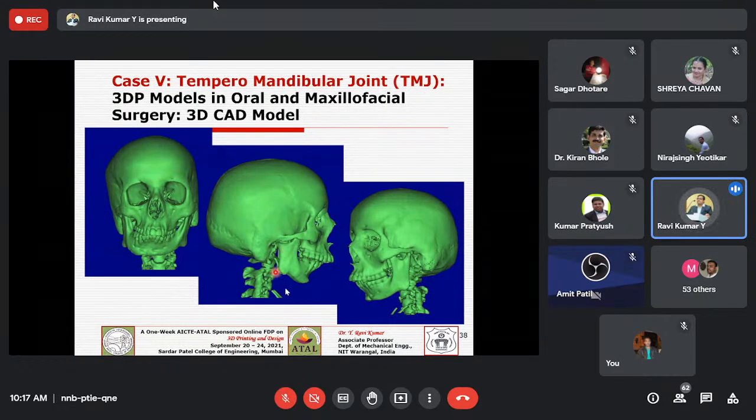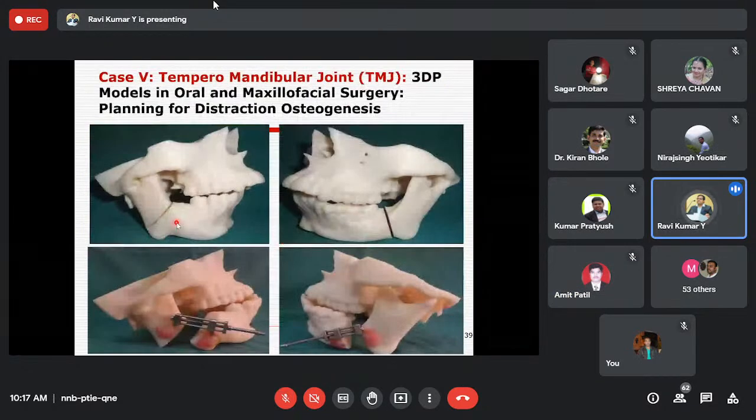So luckily she had the other side joint, and we can take the help of that geometry, assuming the symmetry from that side to this side, we can copy, and then we will be able to do that part. So it goes as a two-level surgery. The first surgery is again distraction osteogenesis, the same surgical procedure we discussed in the previous cases. So we need to leave the gap